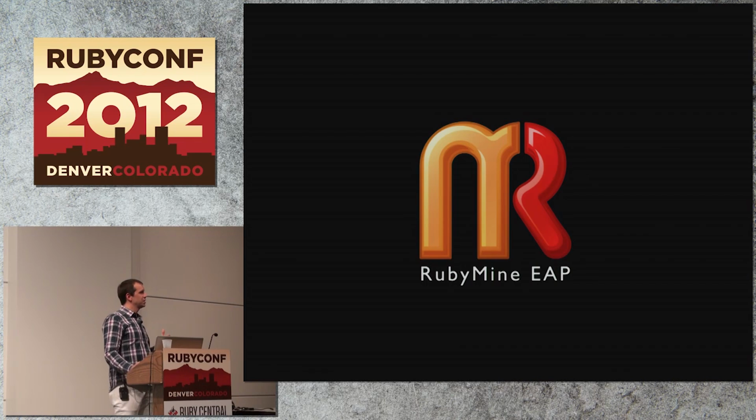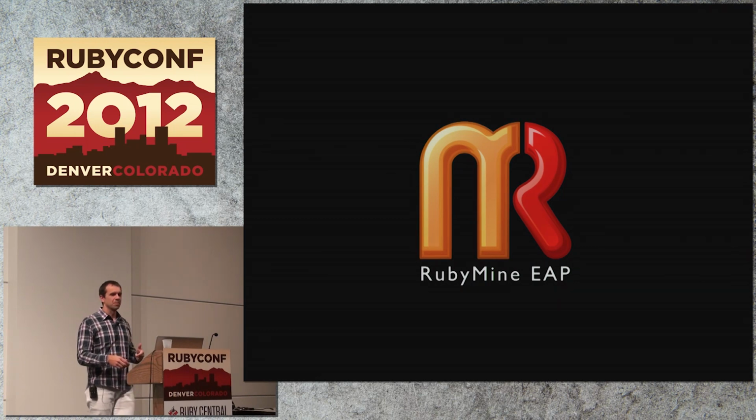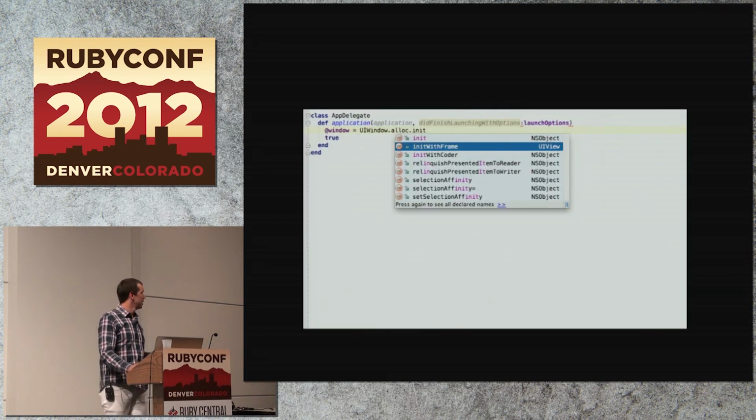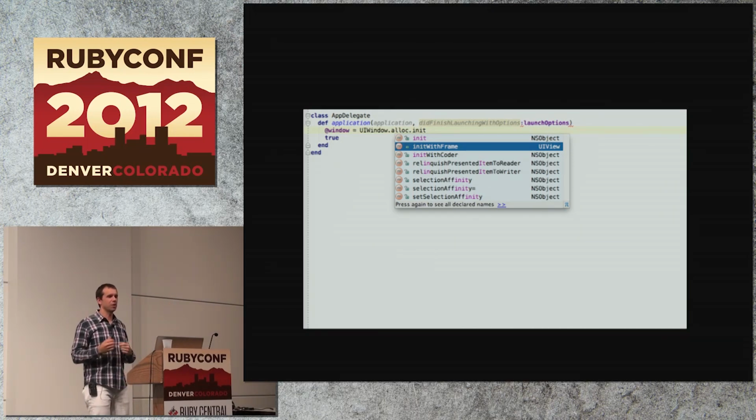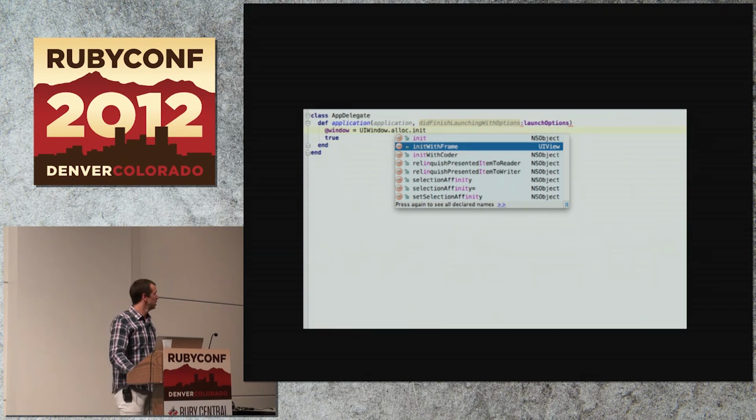And it adds the ability to build RubyMotion projects. So you can actually create RubyMotion projects, and I'll show that in a second. But importantly, you can get command completion through the entire iOS API from RubyMotion, from within the editor, including, of course, your own methods that you're defining here. So it gives you command completion with documentation.